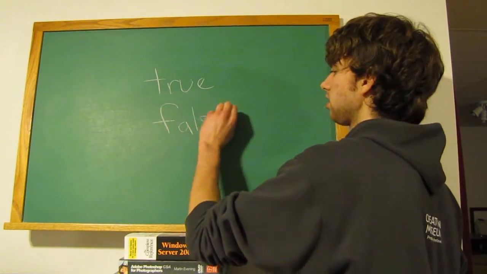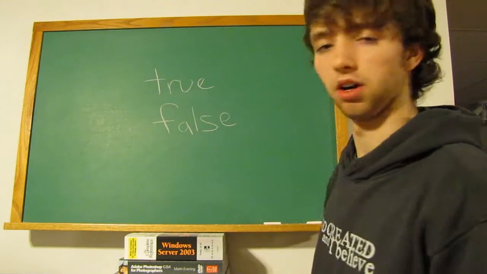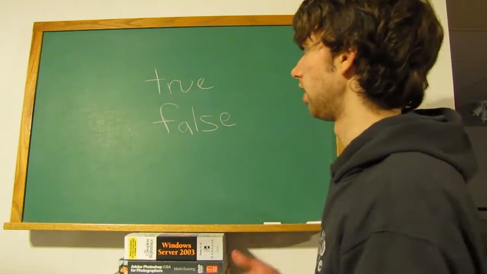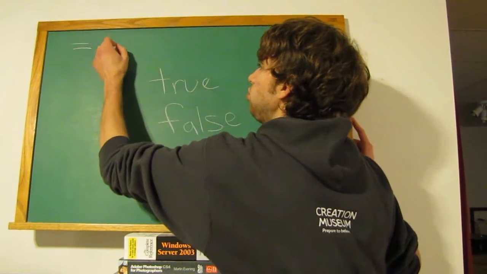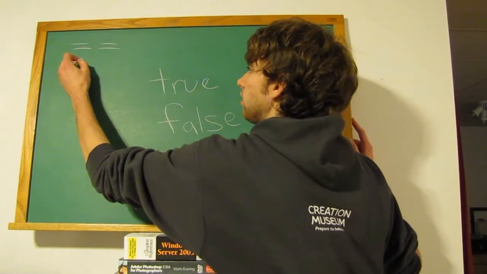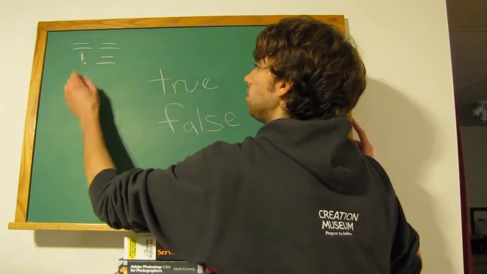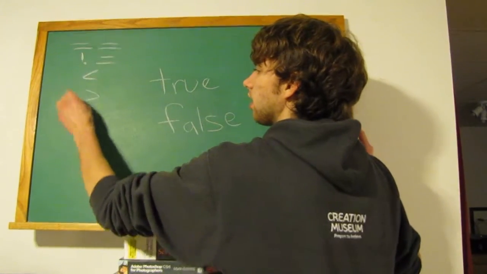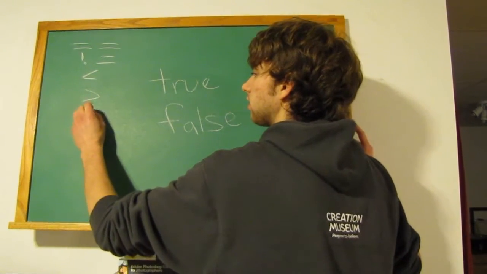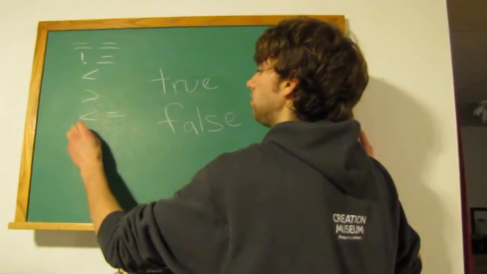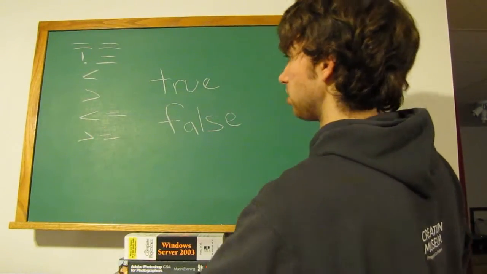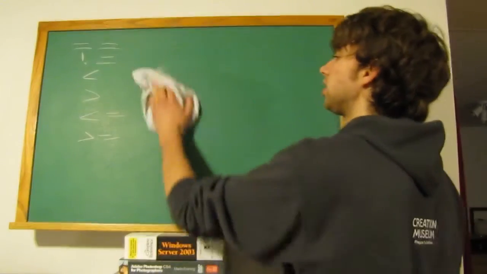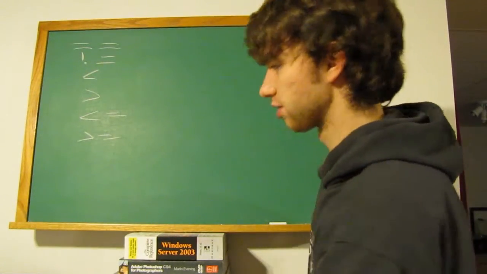So basically, there are a couple we're going to go over, and I'm going to write them out over here. There is the is equal to, is not equal to, greater than, less than or equal to, and greater than or equal to. We're going to go over each one of these pretty quickly, and you will understand them pretty easily because